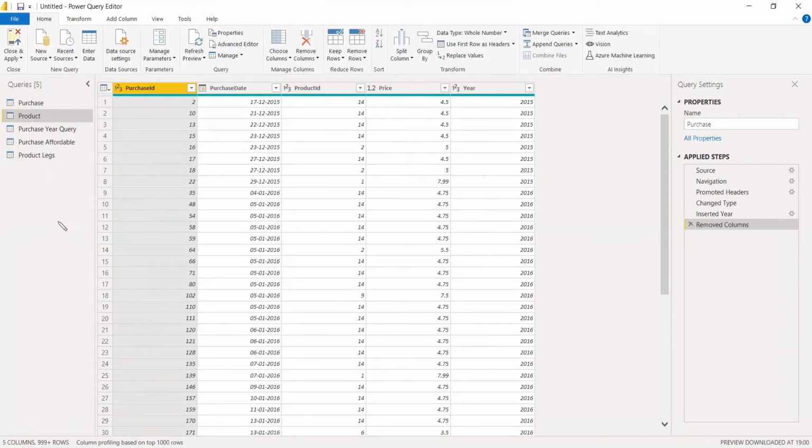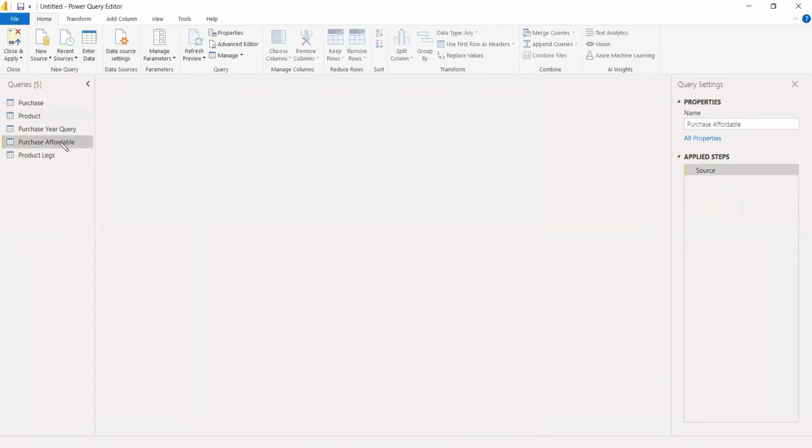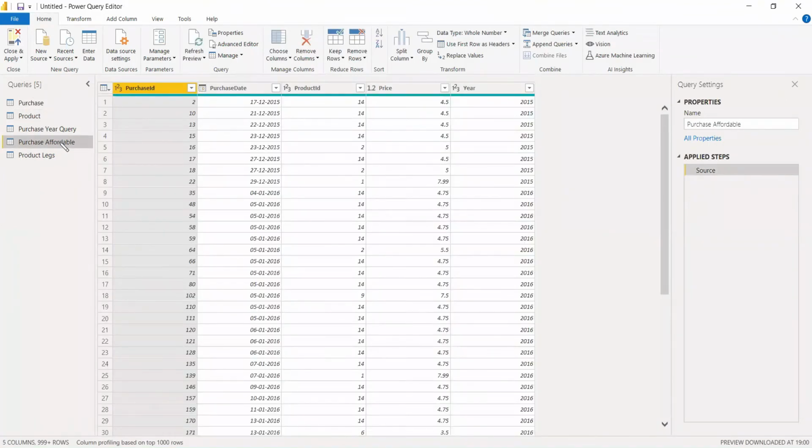For the first one, any value, we are going to get the purchase affordable table. We need the data of the purchases where the price is less than 10.